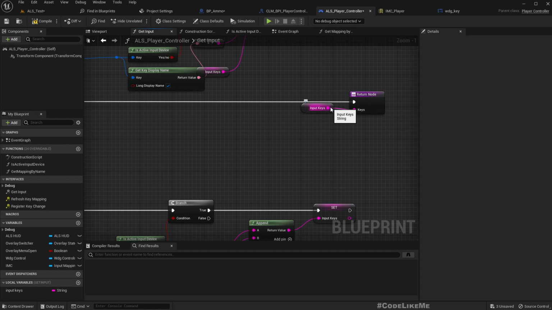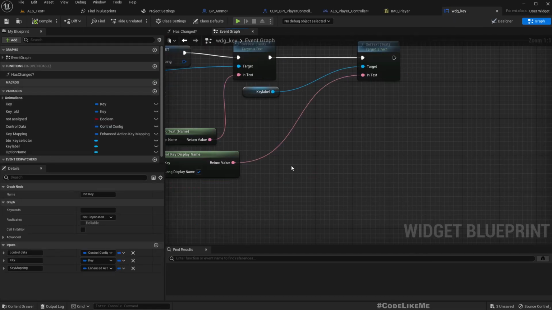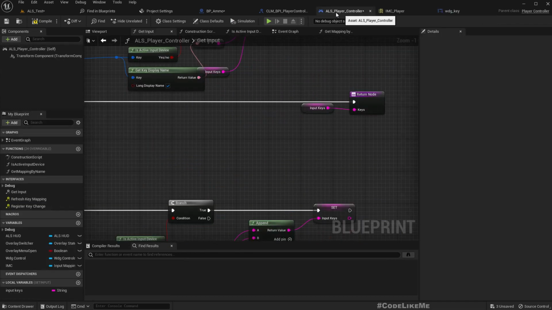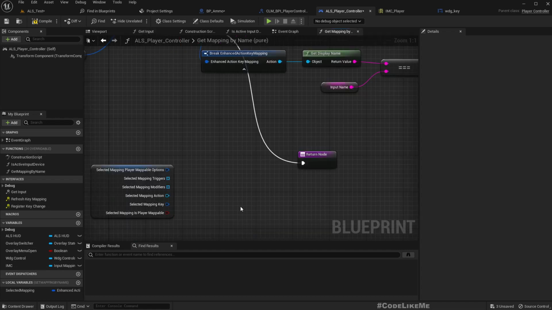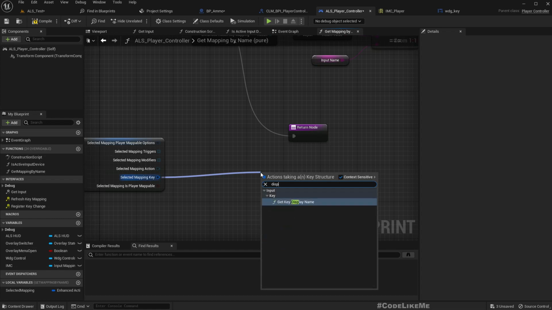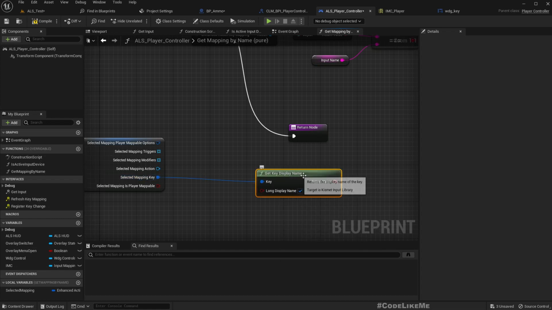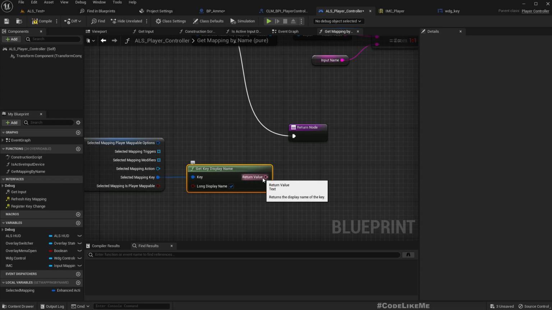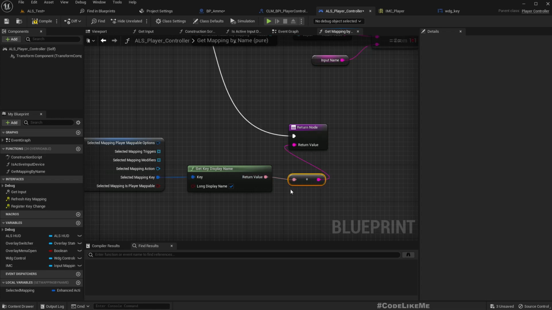Yeah, input keys, we return a string. Okay, so here also I'll return the name. So display name, oh, it's a text to string. Okay,